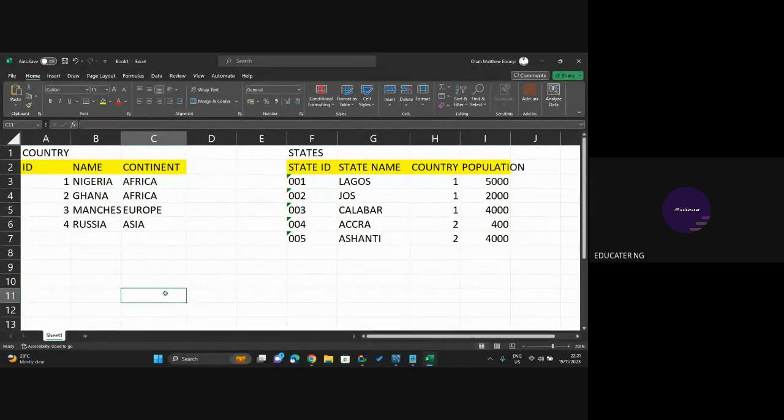Okay, so let's say, for instance, we've been required to make an analysis that involves taking the name of the states, population of the state, and the name of the countries that are in that state. Do you get? And name of the country. We need to put them together into one table. So our new table will look like this. It will have state name, country name,